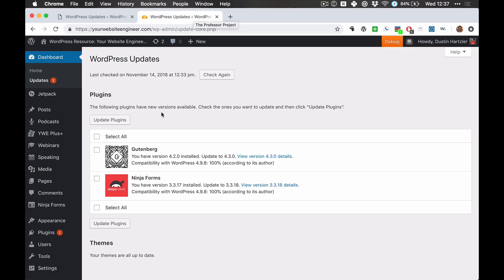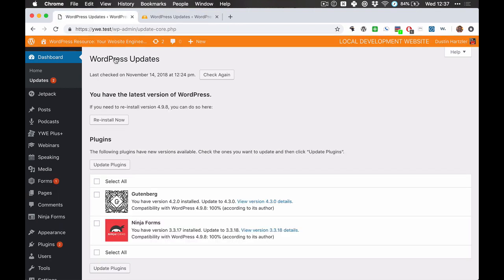I'm hanging out here on the dashboard page because you can see I have a Gutenberg to update and I have Ninja Forms. Both of them are outdated on my website. So that's what we're going to do. We're first going to just update Gutenberg so that it is on the most recent version. We're going to update to 4.3,